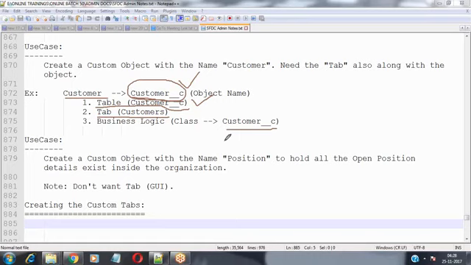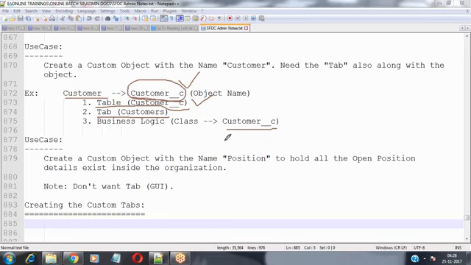Or else he has another application, like some SAP application or some Java application, through which, by having the integration, he would like to manage the data here. So he doesn't want any tab. At that time, how to create an object without a tab, we discussed.